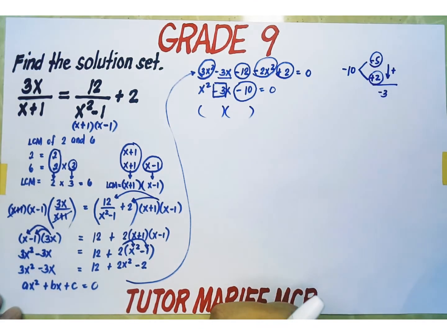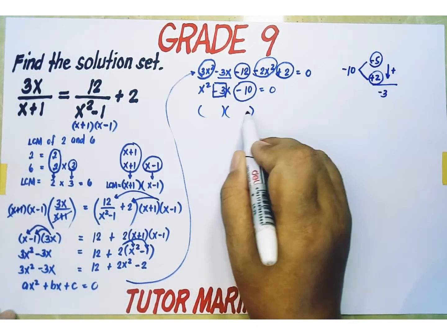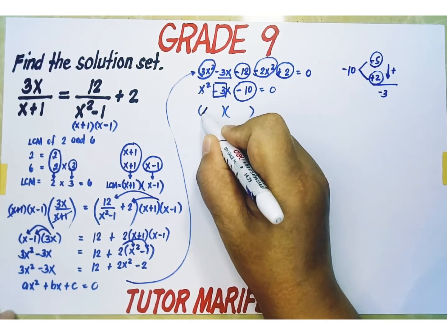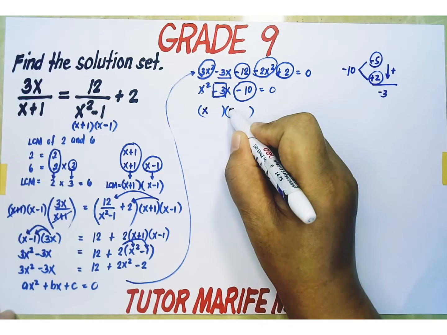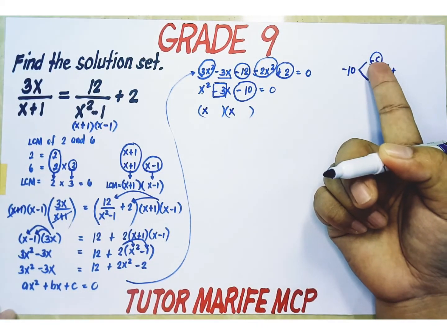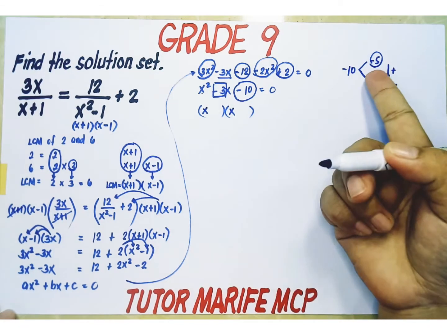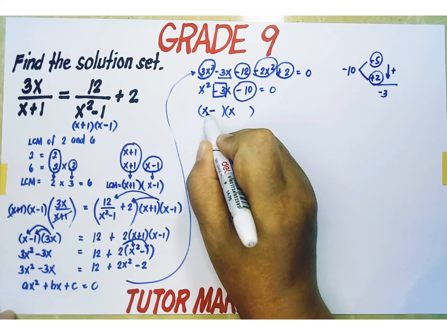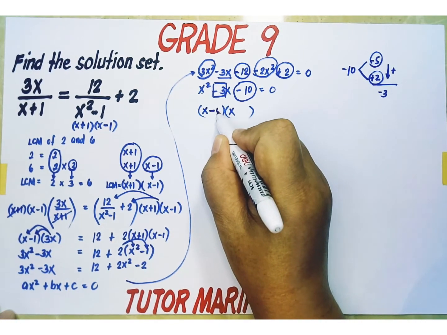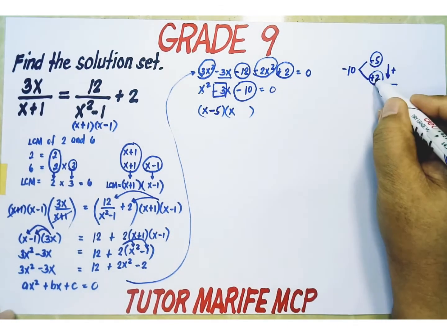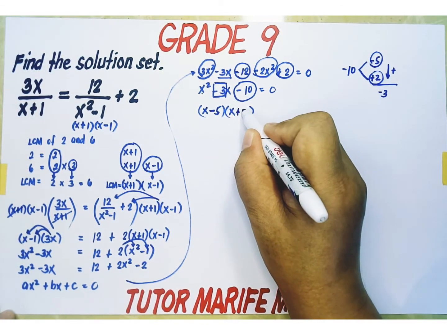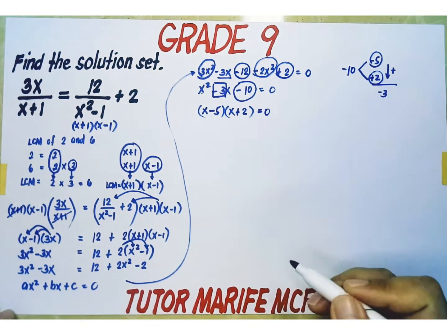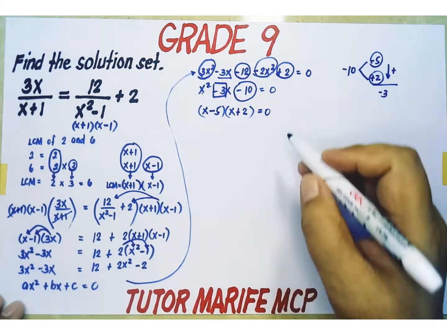So, gumawa ka ng parenthesis. Of course, binomials yan. Ito, split mo, x squared. Split natin, dalawang x. Kunin natin yung negative 5. Yung sign niya, yun na rin yung operation between our first and second term. So, this is x minus 5. Then, plus 2. Yan, equate to 0. And by zero product principle,